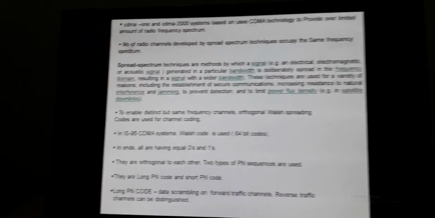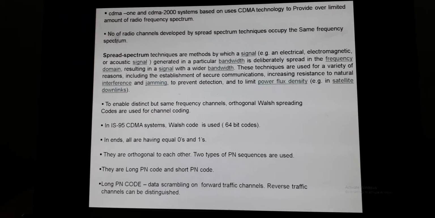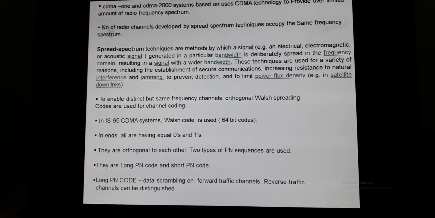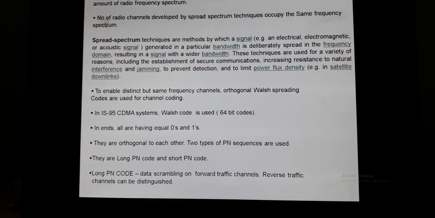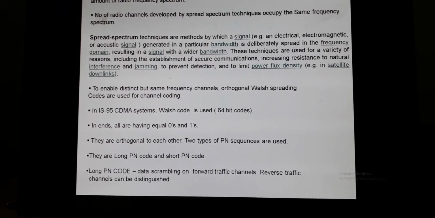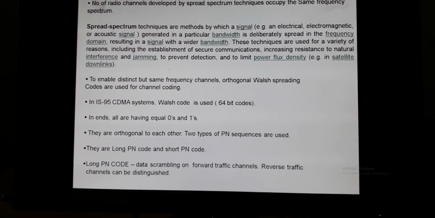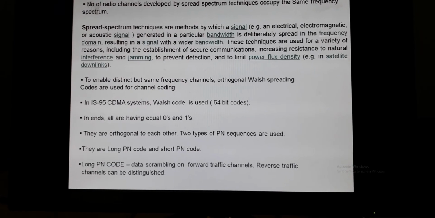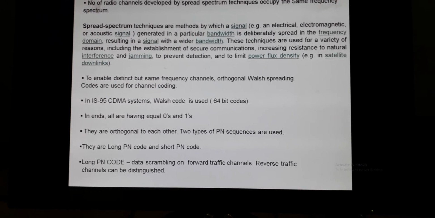There are two CDMA technologies used around the world. One is CDMA 95, the other CDMA 2000 after 2000. In 1995, the CDMA system was built by Qualcomm Corporation. Now it has been expanded to CDMA 2000, that's after 2K. As I told you, IS-95, Interim Standard 95 in 1995, the CDMA system used Walsh codes. Every Walsh code is a 64-bit code. It may have all ones, or an equal number of ones and zeros. All the codes are orthogonal to each other.